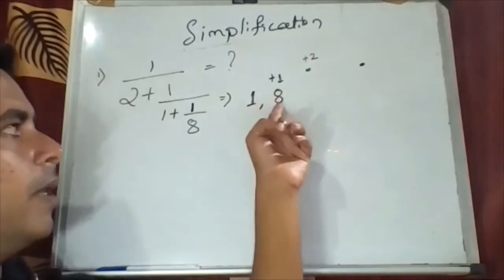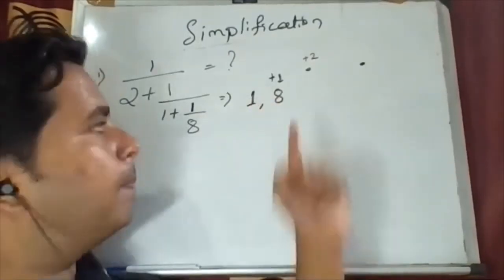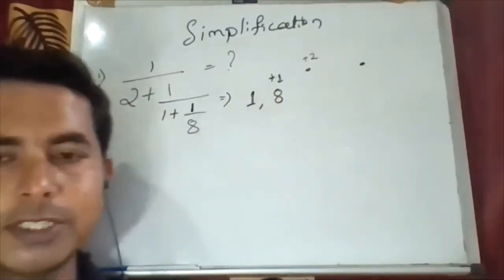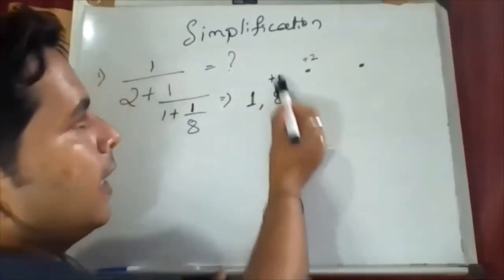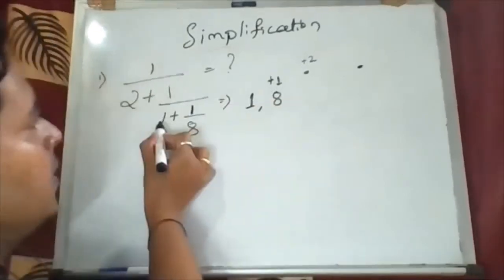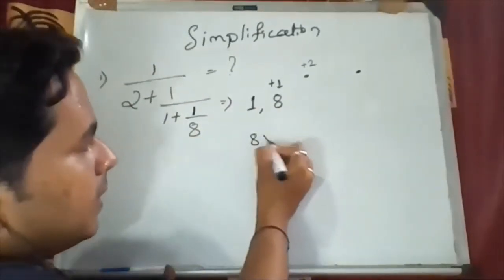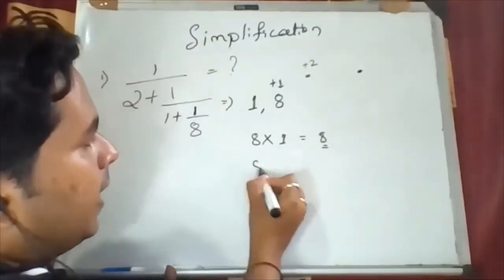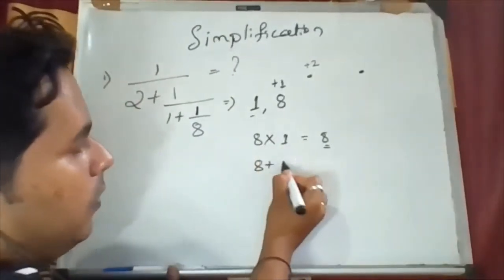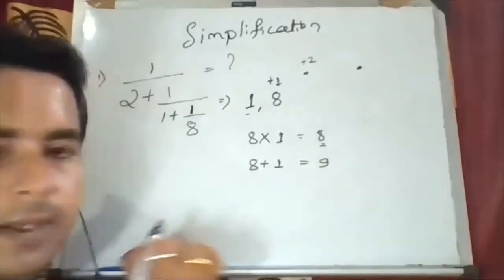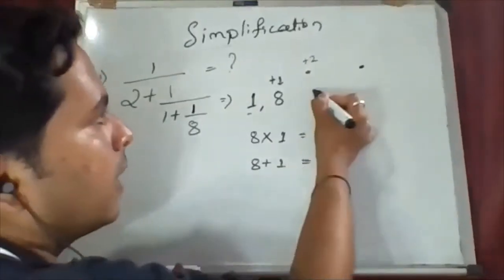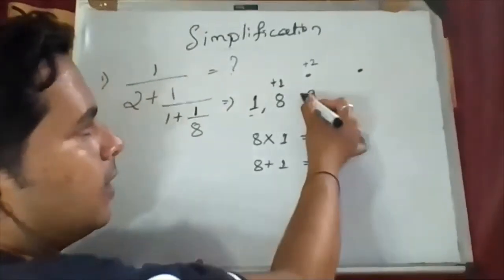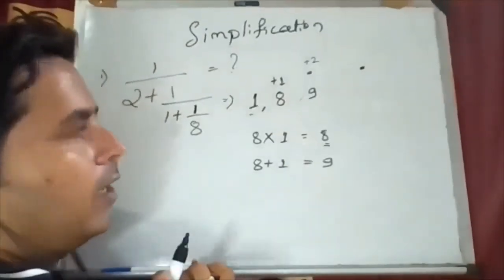Add this one, previous one with the first one. तो पहले से दूसरे के साथ add करो. 8 plus 1. First multiply this. 8 into 1. How many number is there in front? 1. So multiply this. 8 into 1. You'll get a 8. Then add this 8 with the 1. So you'll get here what? 9. You'll get a 9. So write here 9. If you get double digit, write a double digit. No worries. Okay. Now what you got?